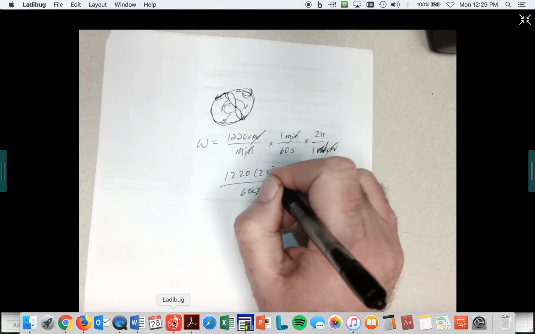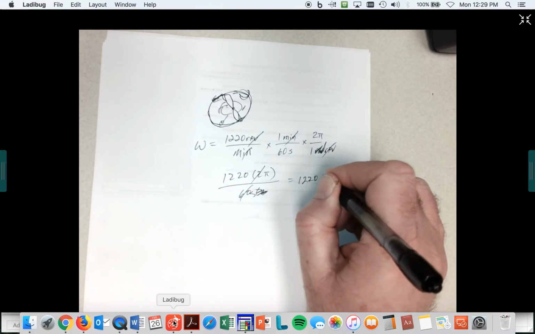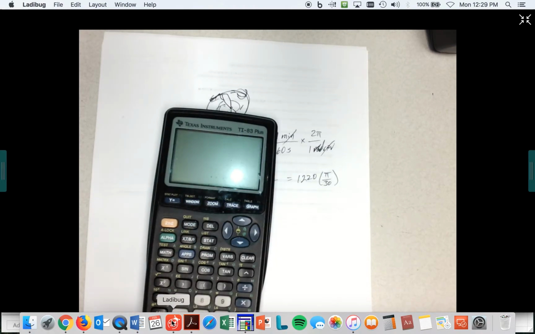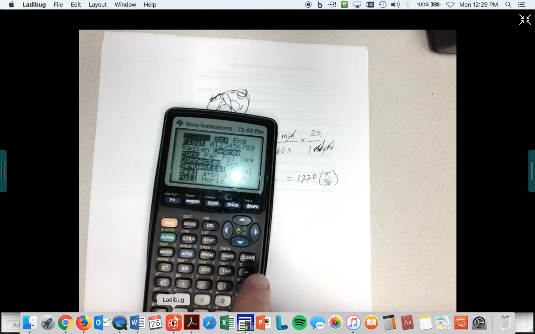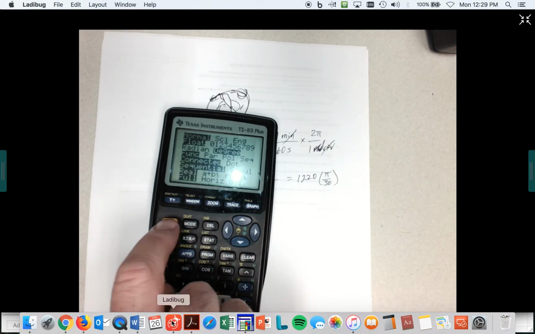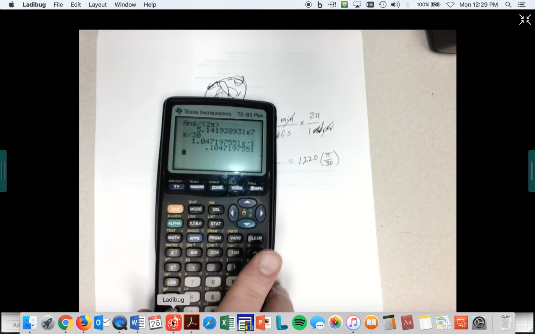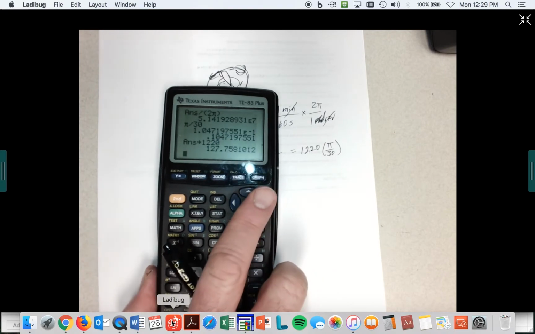A lot of stuff here would cancel. In fact, I think I told you that if you take anything times pi over 30, let's just put pi over 30 into our calculator, and we could even store that. Pi divided by 30, and we're going to get a number of about 0.1. I'm going to get out of scientific notation. There we go. 0.147 is my constant for pi over 30 times 1220. Equals